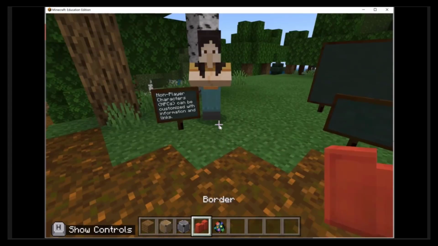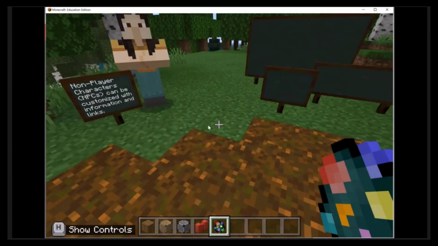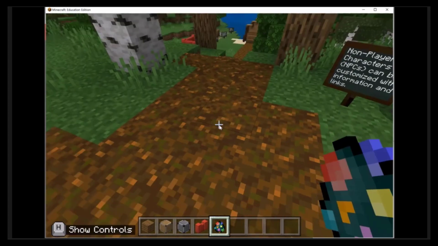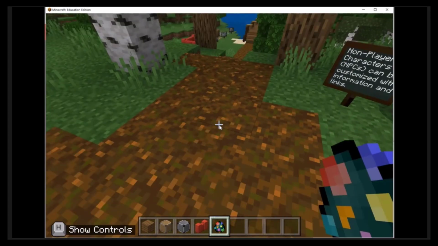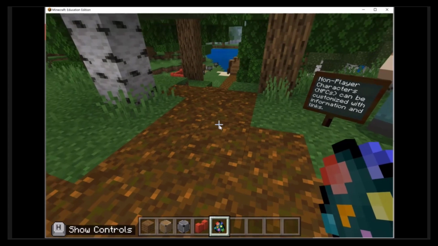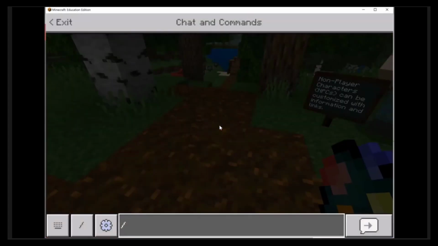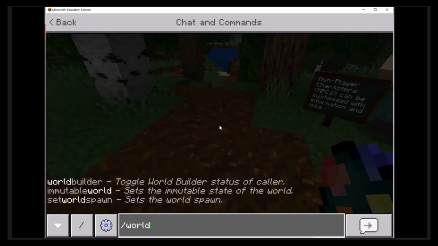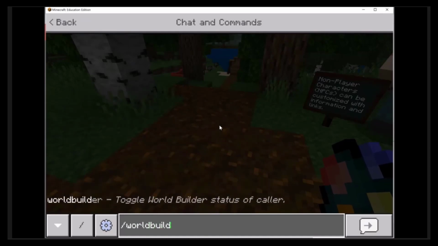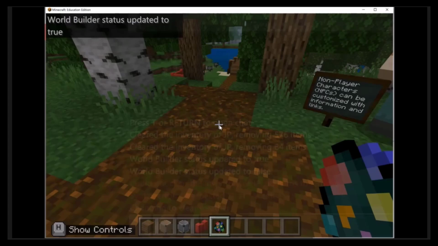We're going to right click on the ground to try and place it, but we can't because we're in there as a player. We need to be in there as a world builder. So this is kind of like the admin side of things. So we're going to use what's called a slash command to change our perspective. So we'll go with slash command, put in world builder or WB, and that will change our status within that